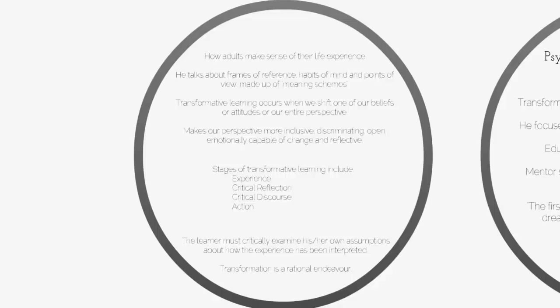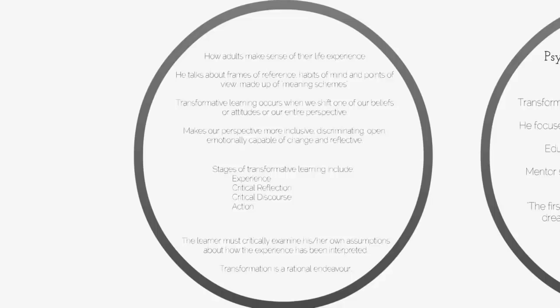Transformational learning occurs, you would say, when we shift one of our beliefs, and that changes our entire perspective. It could make our perspective more inclusive, more open, more emotionally capable of change, and more reflective. But remember, not all learning is transformative. Just as we said in the adult stages of life module, whether you learn from the experience is entirely up to the individual. In order to have that learning experience, you need to include some critical reflection, some critical discourse, which is what we do in tutorial, and some action,